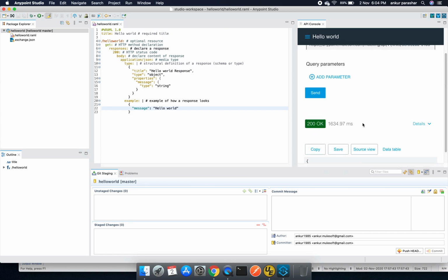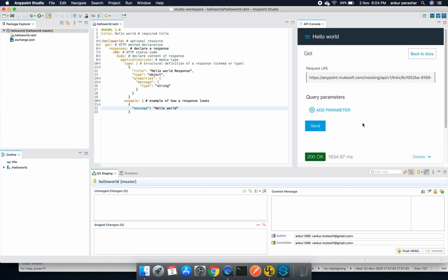Pretty much what we were expecting when we were working with the Flow Designer, right? So it's a great thing which I feel personally, and it gives us more flexibility to not switch back and forth between the platform and the developer console or the developer studio IDE. And once we are able to change the RAML API specification based on the feedback, we can continue to leverage this in our Anypoint Studio for implementation purposes as well.